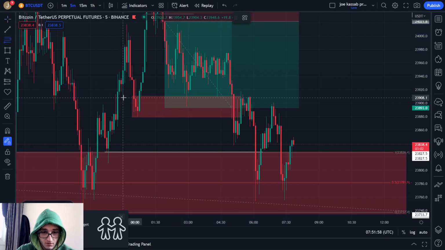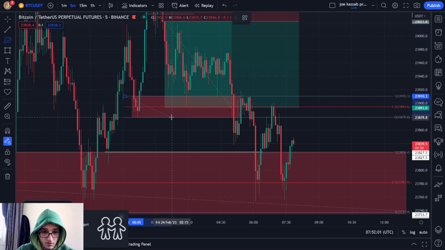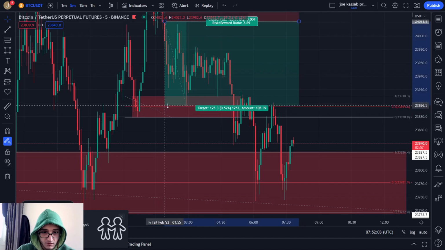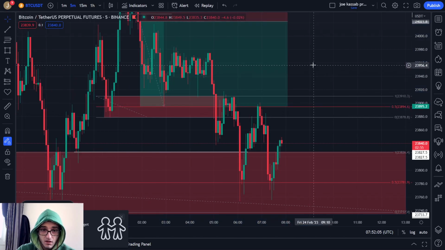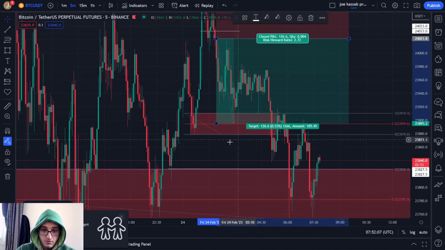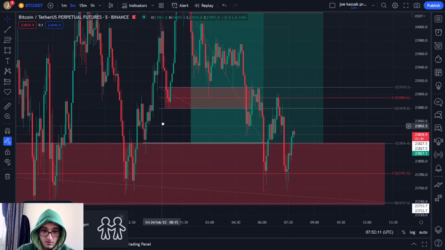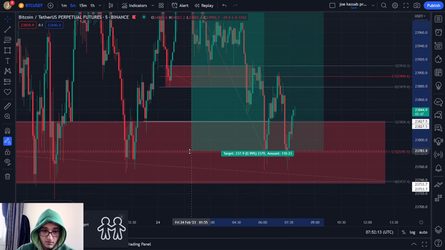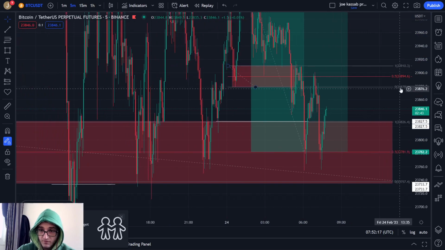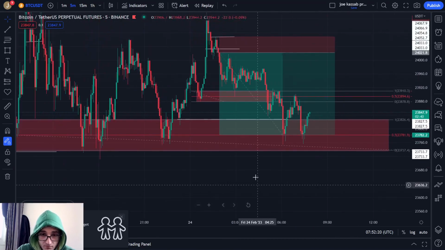So I use Fibonacci to have my 50%. So our take profit one here, take profit two at this low, and TP3 at this area. So now